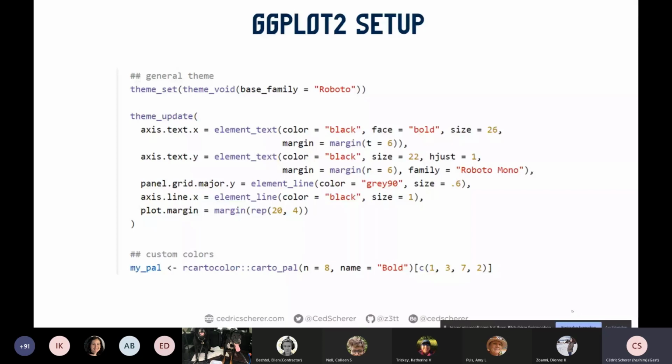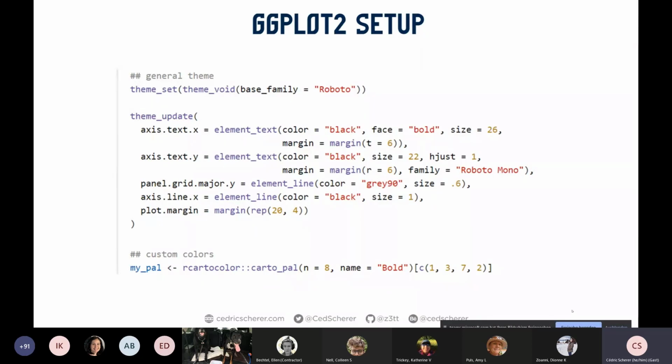So what I'm doing here, if you have a look at this bold color palette of Arcato color, you will see that the last color is always gray, for example, and I didn't like any others of these. So this is a way you can use these inbuilt palettes to create your own ones. So I basically return a vector of 8 colors, and then I just pick and order those which I want to use later. And theme_set and theme_update is basically the same as if you always add theme with a plus to your ggplot code, but you only have to type it once and it applies to all the following plots, which is pretty neat.